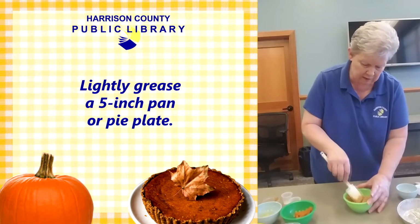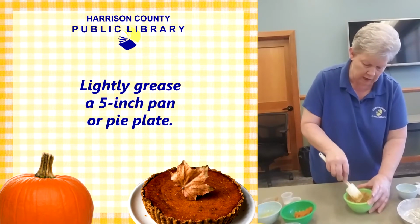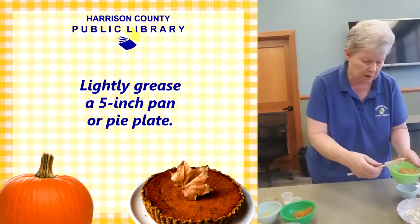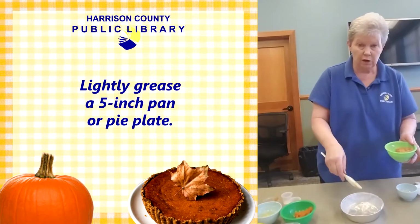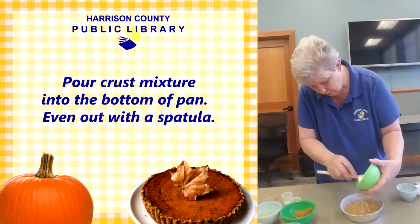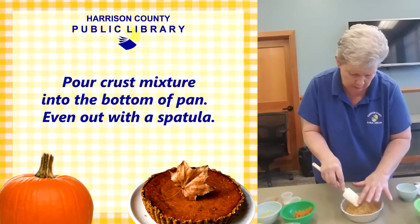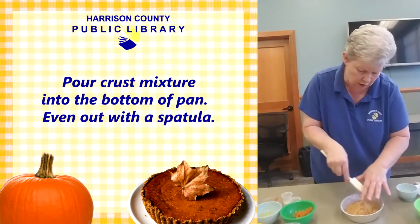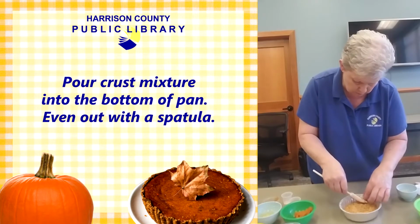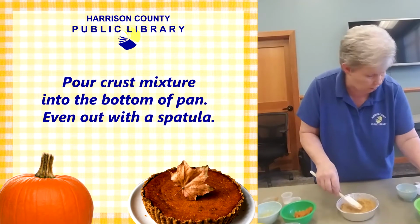I have a 5-inch little aluminum cake tin that I'm going to put my crumbs in. And I've just buttered a little bit around on the outside. So you put all of your crumbs in there and take a spatula or a spoon, kind of even it out. Once we get that all even out,